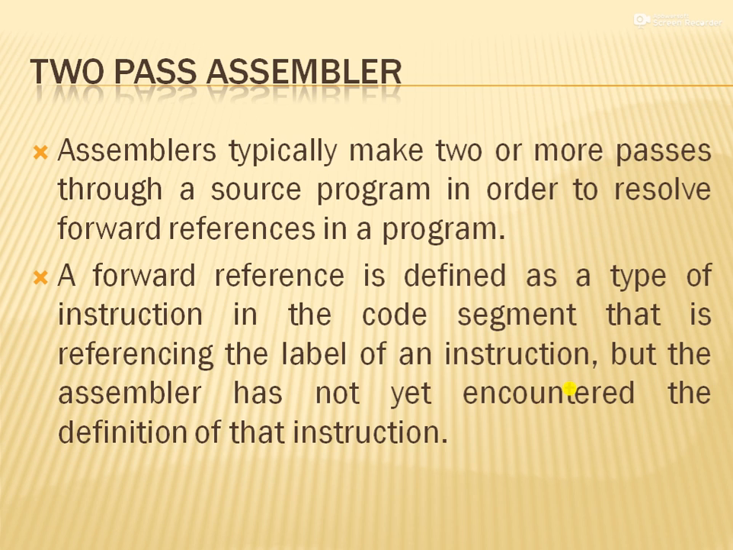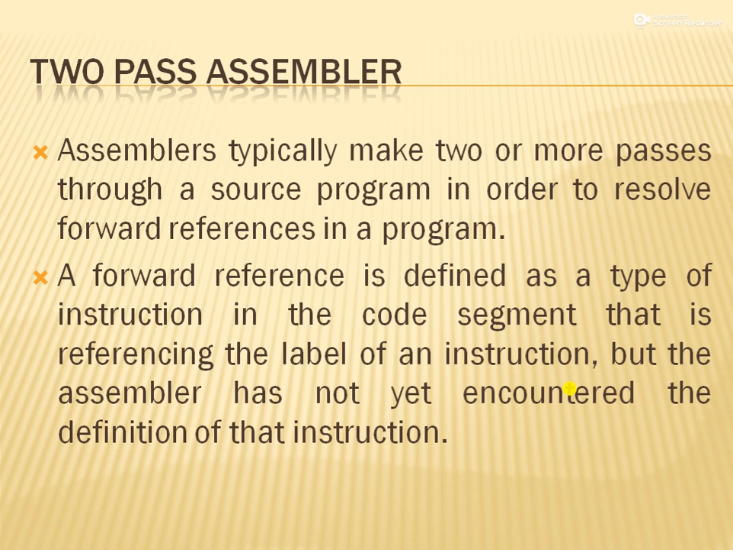The assemblers typically make 2 or more passes through a source program in order to resolve forward references in a program. Now what is a forward reference? It is defined as a type of instruction in the code segment that is referencing the label of an instruction, but the assembler has not yet encountered the definition of that instruction. That means in the source program there are several instructions of the form label, opcode and operands, and suppose the assembler encounters a label but it is defined later in the program,